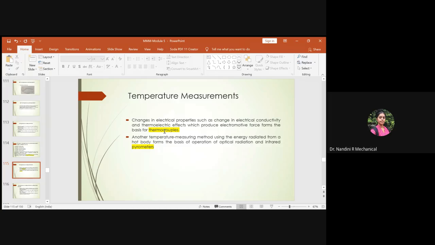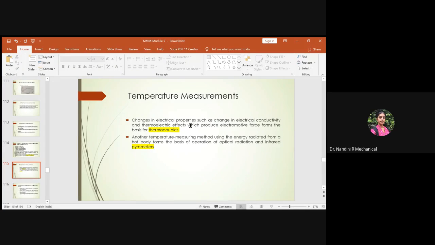So what these devices are capable of measuring, that you have to understand. When you are subjecting a material to temperature, I told you there will be a change in the electrical properties. So there are various electrical properties which come into the picture, like conductance, resistance, piezoelectric properties, coefficient of piezoelectric discharge, whatever it is. So there will be change in electrical properties, even related to its conductivity. I told you electrical conductivity, thermoelectric effects.